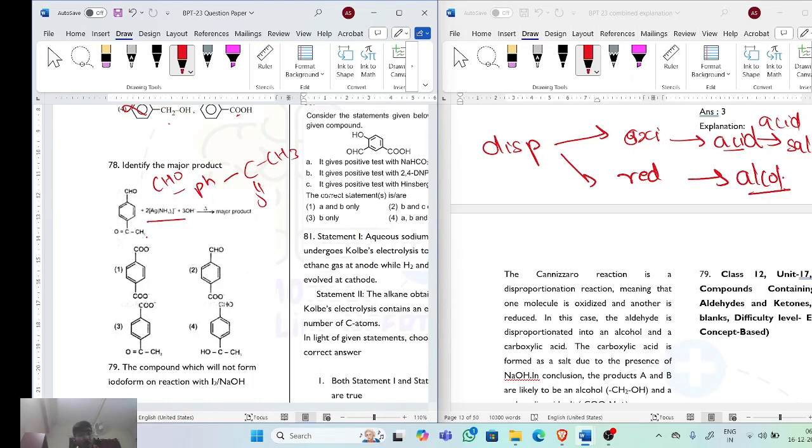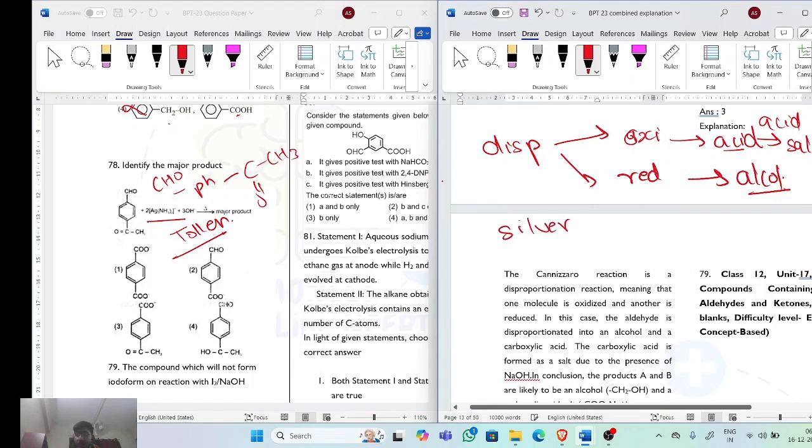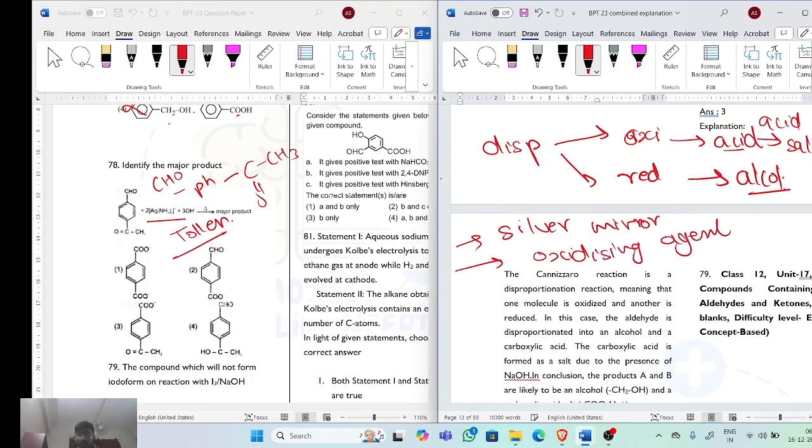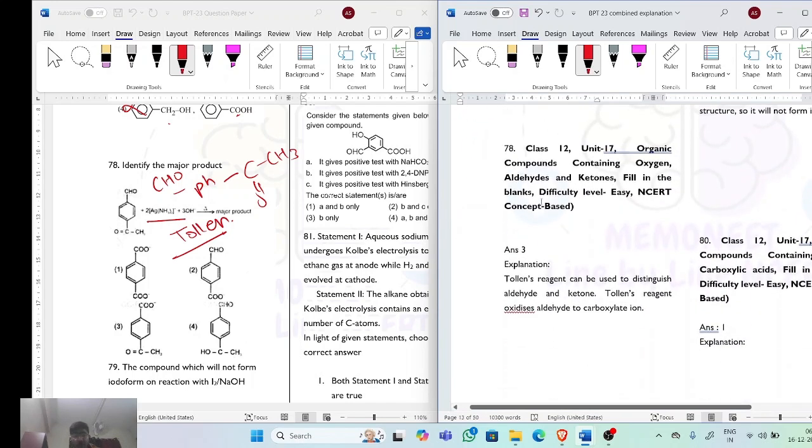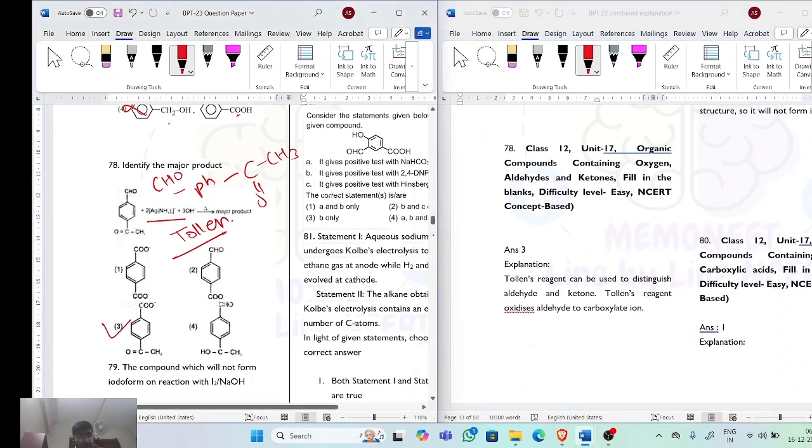Here Tollen's reagent is given, and we know what Tollen's reagent can do. It can give the silver mirror test, and it is also used as an oxidation reagent. It is an oxidizing agent. So in question number 78, option number 3 will be our correct answer, because it will just oxidize this